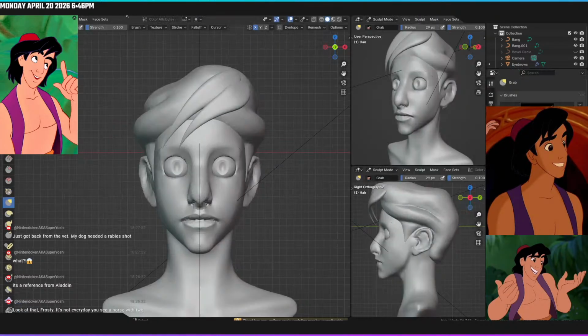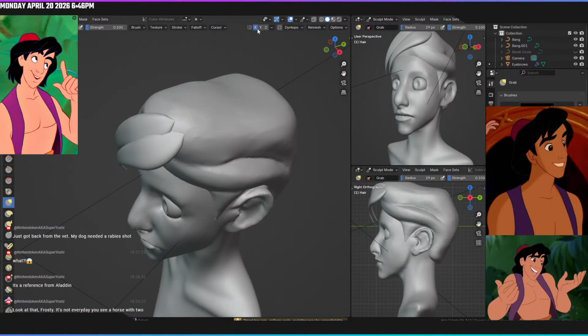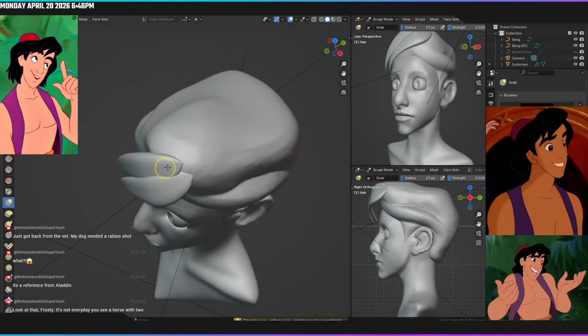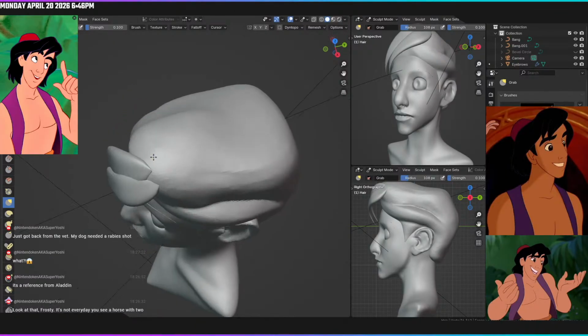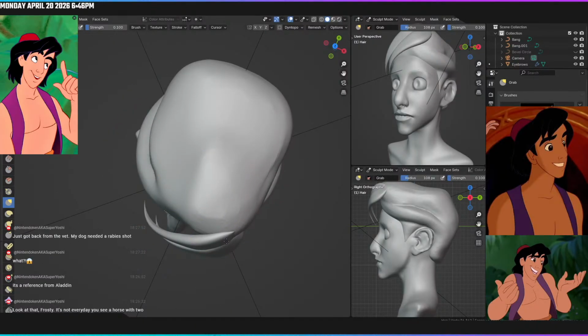We are going to select the hair, and while X mirror is off, the mirroring is off on the X-axis, I'm going to bring the hair here to kind of cover up some of that, you know,